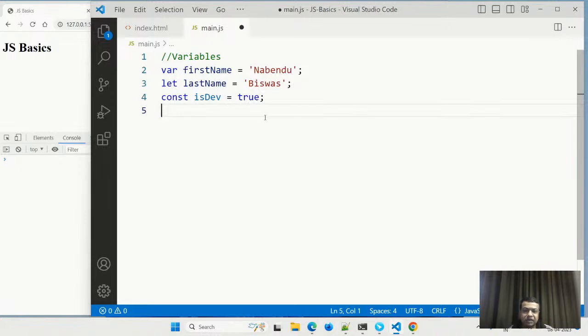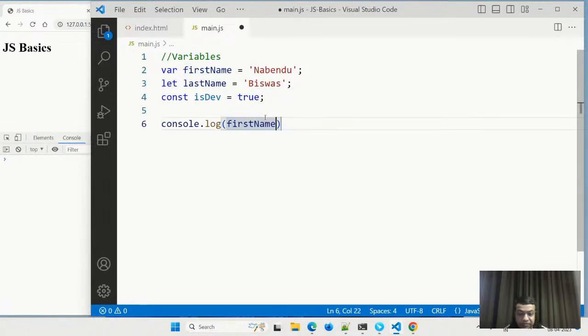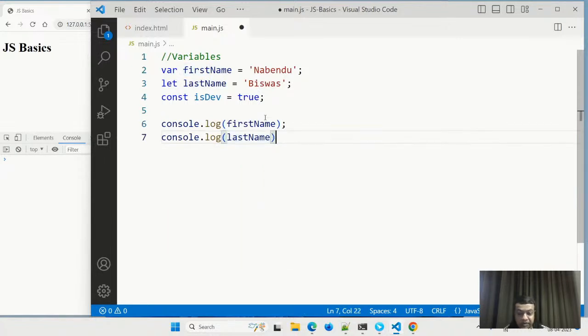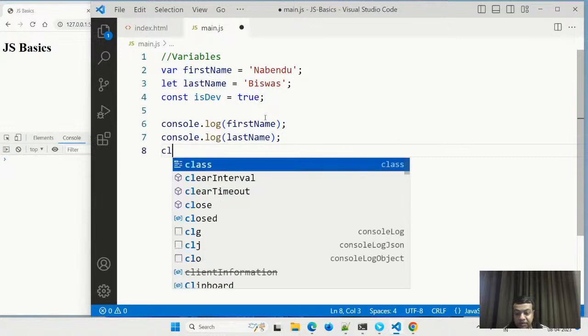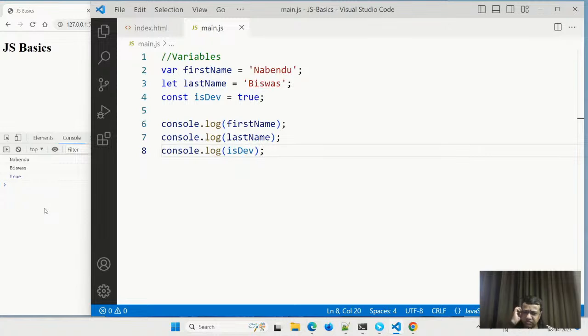If I want to see what is there, I'll do a console.log of first name, console.log of last name, and console.log of the const. Save it and see. It will come like this. So this is variables.